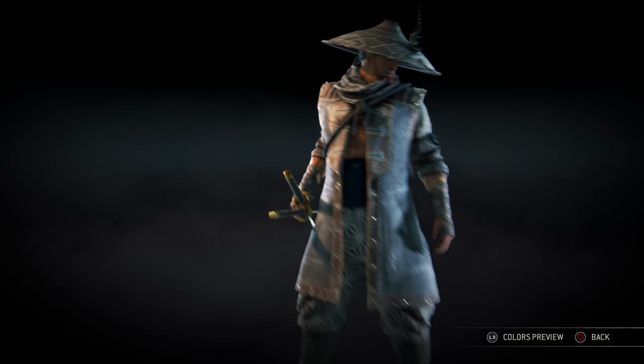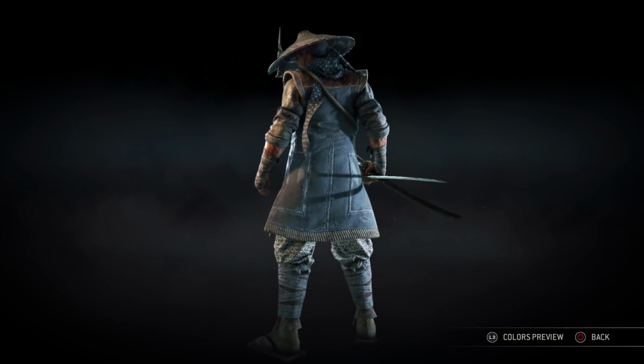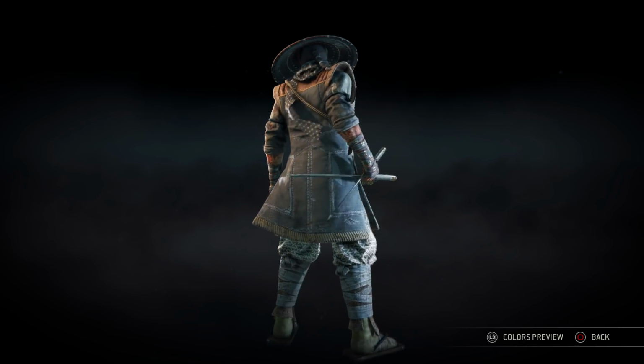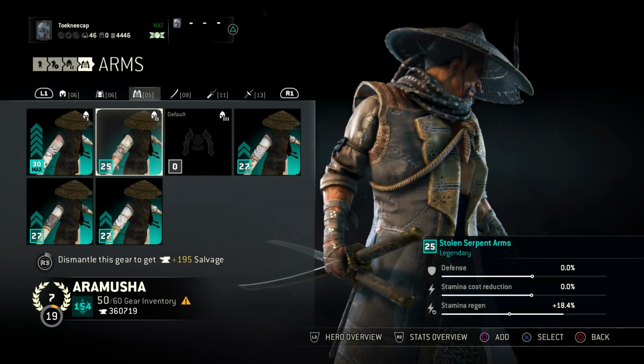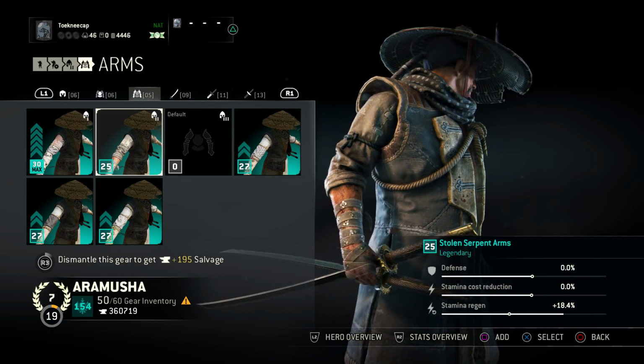It's probably a little bit darker to use, but I don't know. I liked having the long, flowy scarf in the back so I can move it around in the customization menu like this. It's kind of addicting. Okay, for the arms, we went with the Stolen Serpent arms, mostly because they've got black sleeves, and yeah, that's